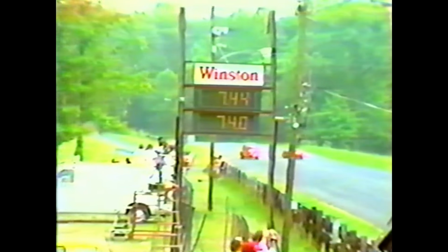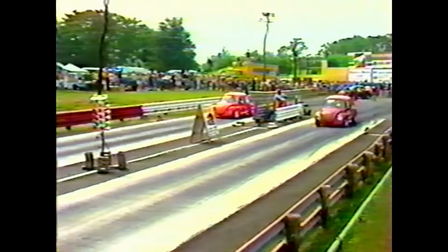Okay, hey, look what we got here going. What did I tell you? Red light, Chuck Chrisman, and I called it right off the bat. He tried to stage too shallow and he got caught. He runs a 7.42, but it's a losing effort. Mike Hall, the muscle bug, the winner,